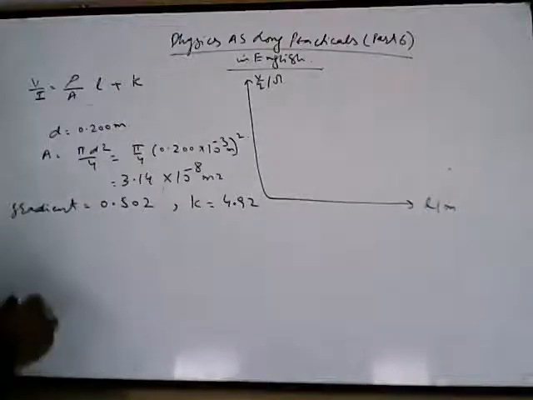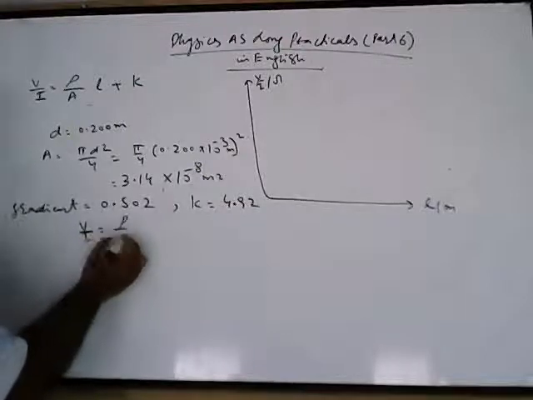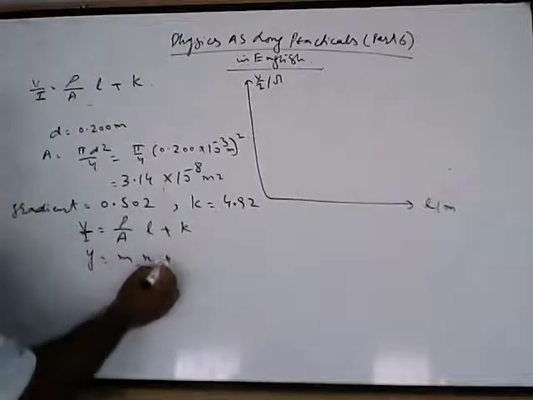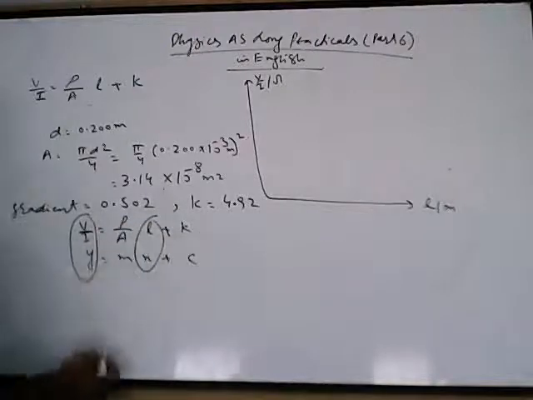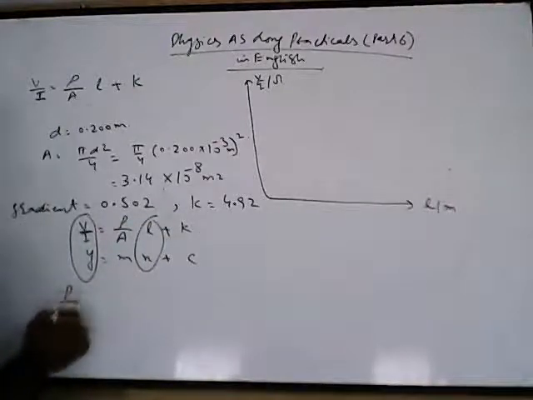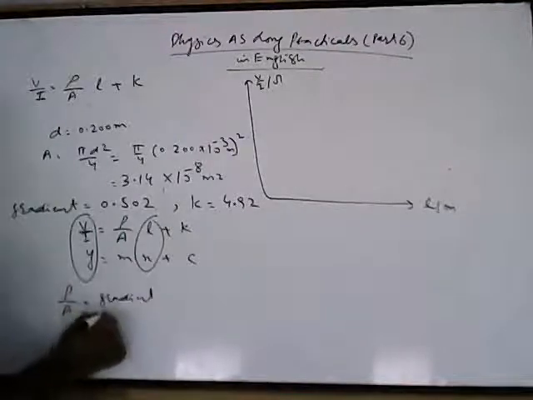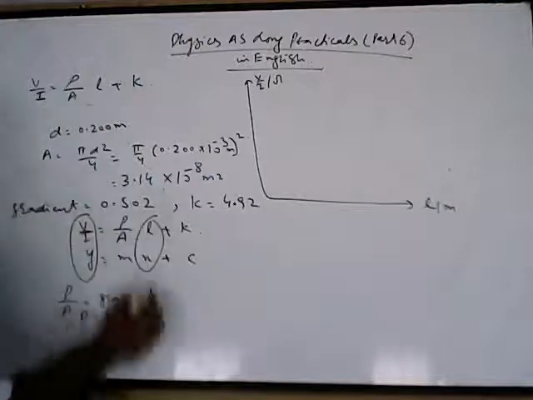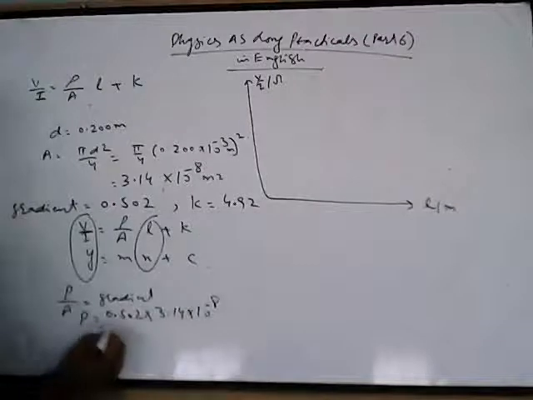So if you compare this equation, V upon I is equal to rho upon A L plus K, with the equation y is equal to mx plus c. You see along the y-axis V upon I, so the gradient is rho upon A. So I can say rho upon A is equal to gradient. So rho will be gradient, the value of the gradient is 0.502 into A. A has been calculated as 3.14 into 10 power minus 8. So if you calculate this,